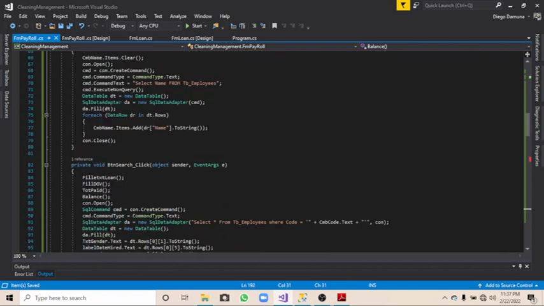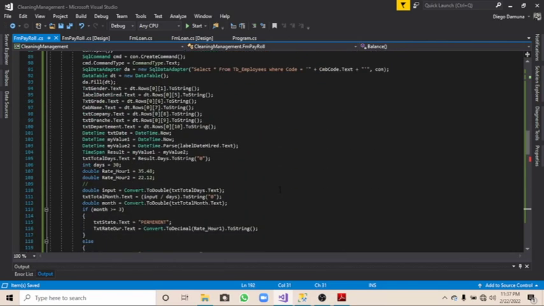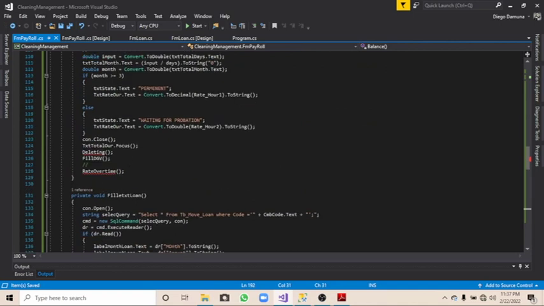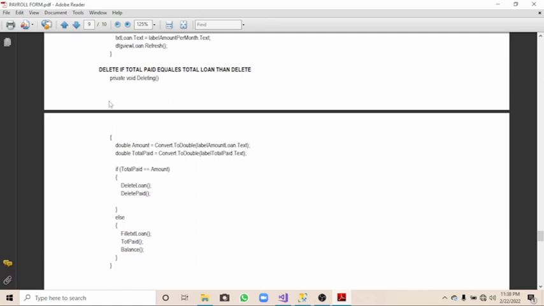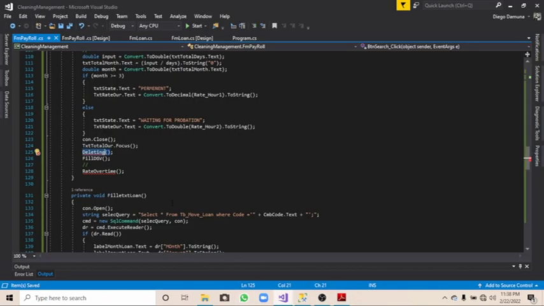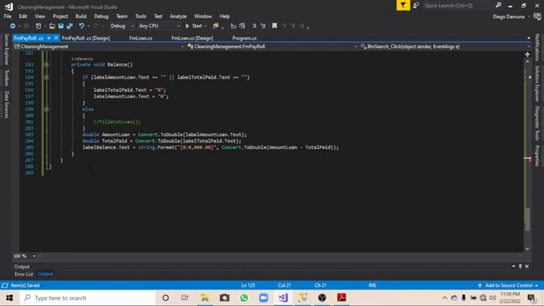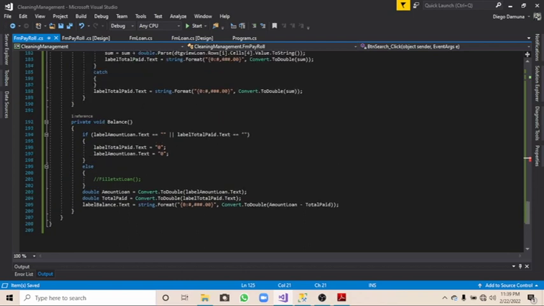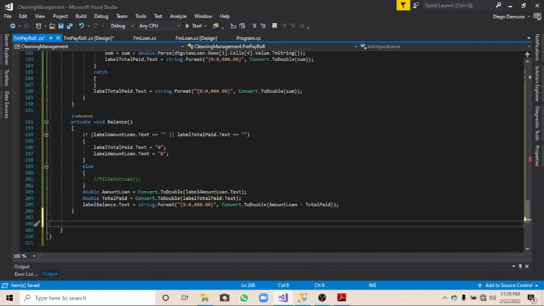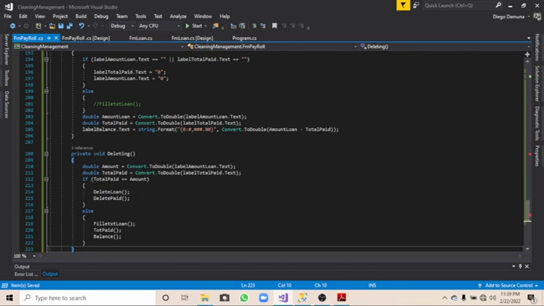Now we can see they are no longer underlined, but a few things here are still underlined. All right, so deleting is this one. The method that belongs to the deleting event is this one. Just going to copy it also one more time, and I come here. I'm going to paste it just below balance. Come here, I paste it. Now we are left with